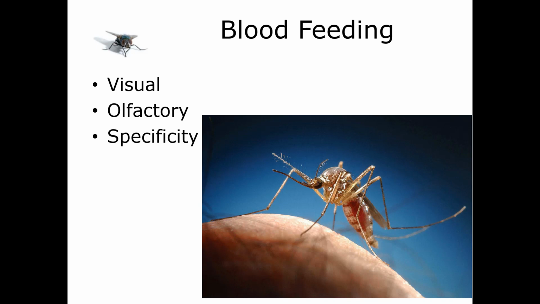The hosts of these females include all classes of vertebrates, from mammals to birds to reptiles, amphibians, fish, whatever. And host specificity and preference varies depending on the species. So there are some species that feed almost entirely on members of one genus of Animalia, while others will opportunistically attack any vertebrate, any blood holder that they come into contact with.